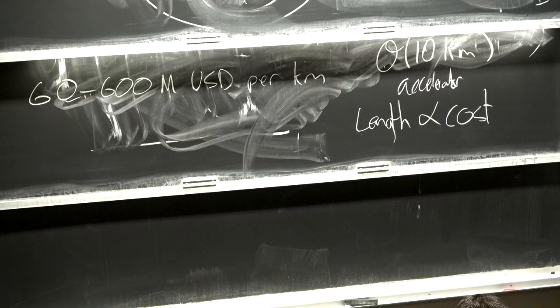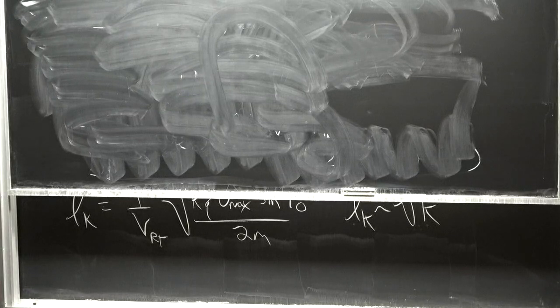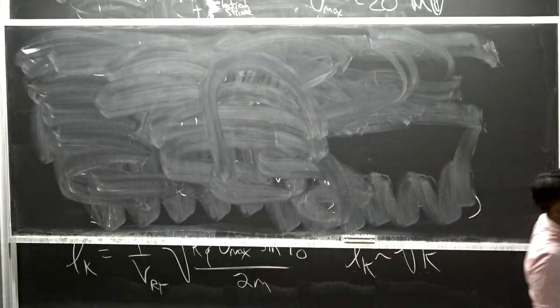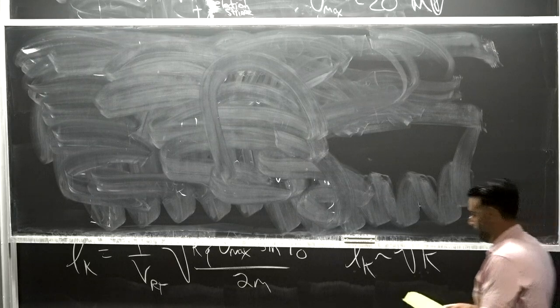That number is also conservative. If you include the Second Avenue subway in New York City, the number is roughly 2.5 billion per mile. But hopefully, at large scale, things become more efficient. So this is a great way. All acceleration in modern days is based on RF acceleration. But what we'd like to do then is somehow not have to build as big of a tunnel. And the other part, which we haven't talked about at all, is if I have to keep stacking these RF cavities over and over and over again, I have to build all these cavities, and I have to power all these cavities. So the power budget goes up, and the cost for making these goes up.